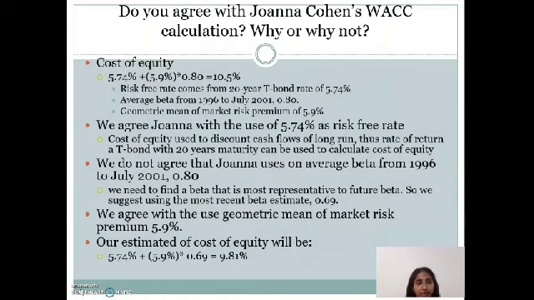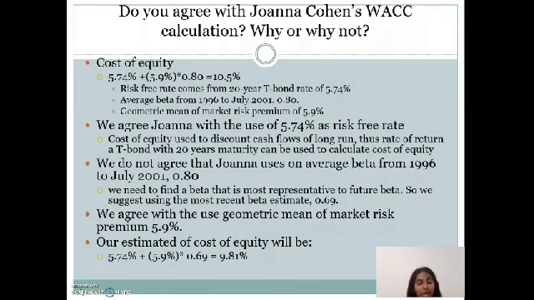She has used a risk-free rate that comes from the 20-year T-bond rate, which is 5.74%, an average beta from 1996 to July 2001, which is 0.8, and the geometric mean of market risk premium, which is 5.9%. We agree with Johanna on the use of 5.74% as a risk-free rate because cost of equity is used to discount cash flows of the long run, so the rate of return of a T-bond with 20 years maturity can be used to calculate